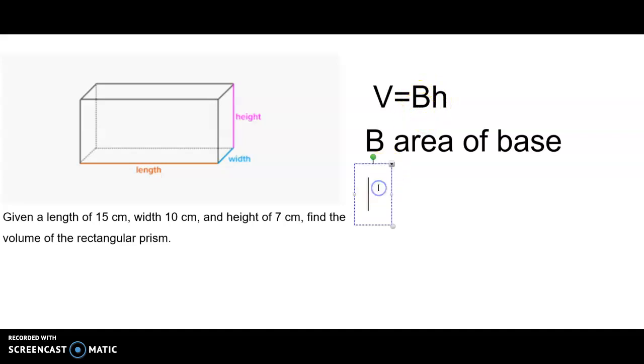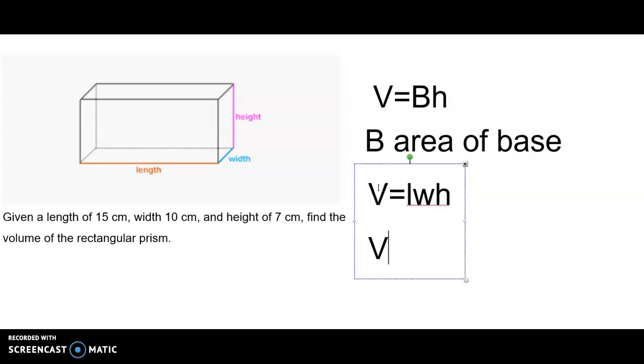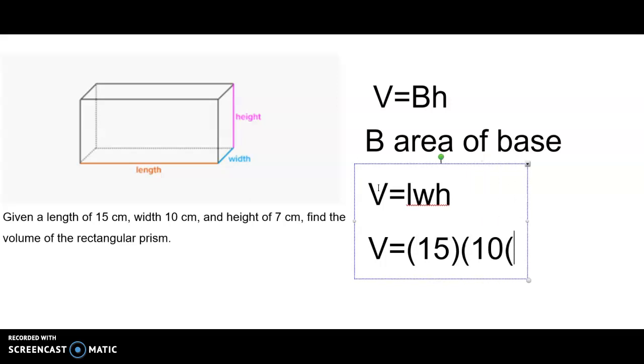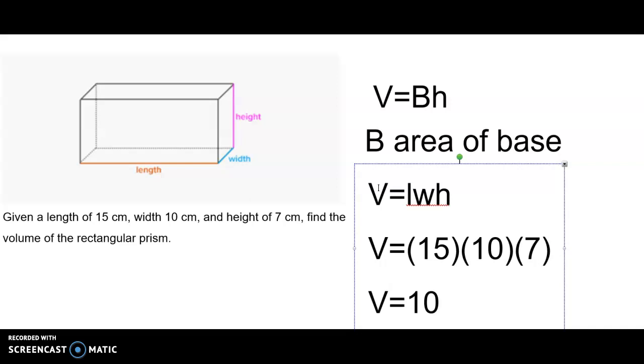So looking here, we have the volume is equal to length times width times height, because as we previously discovered, the shape of it is a rectangle, the base of the rectangle. Our length from the problem we see is 15, our width is 10, and our height is 7. We can type that in the calculator, and we end up with 1,050 centimeters,